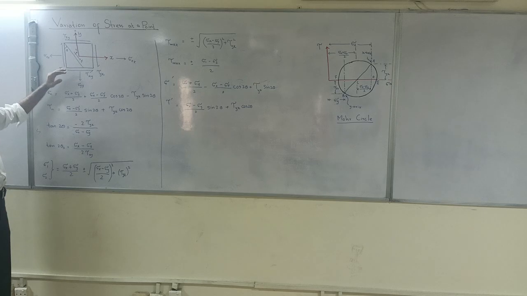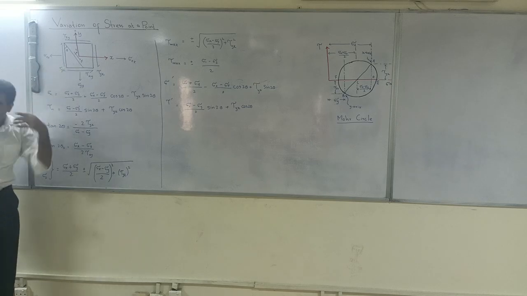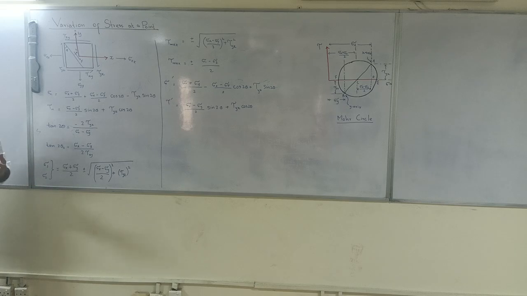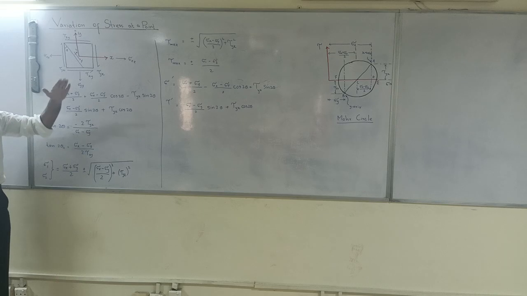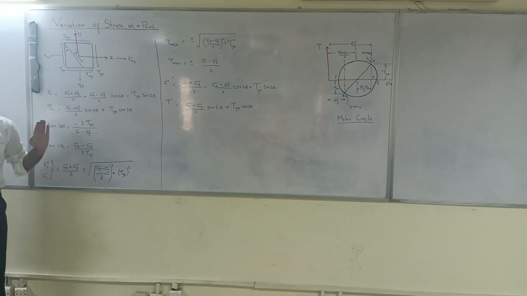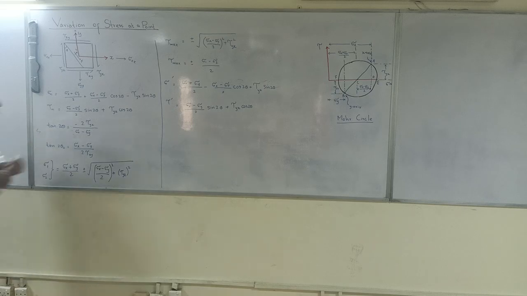We discussed that we can use equilibrium equations to derive these stresses. We have got two types of stresses. One is axial stress, another one is shear stress. So you take summation of all the forces in those two directions, perpendicular and parallel to the face, and you get these two equations. Okay, so let's name them. Let's call them equation 1